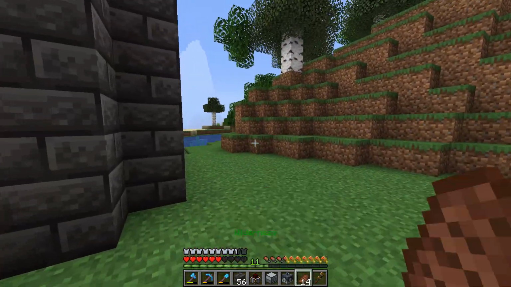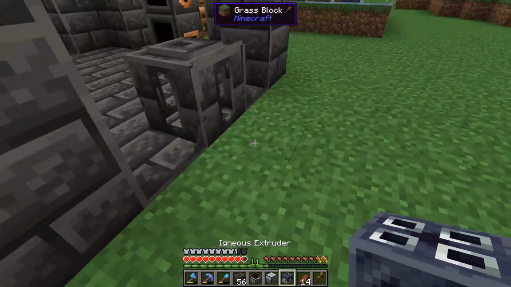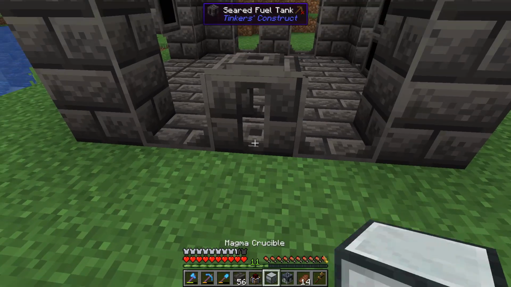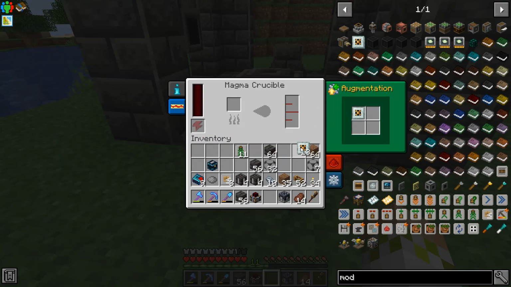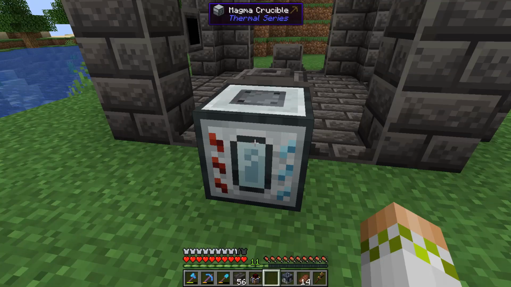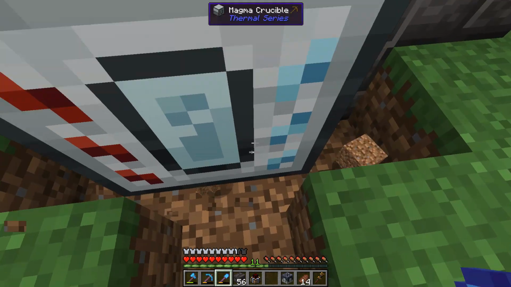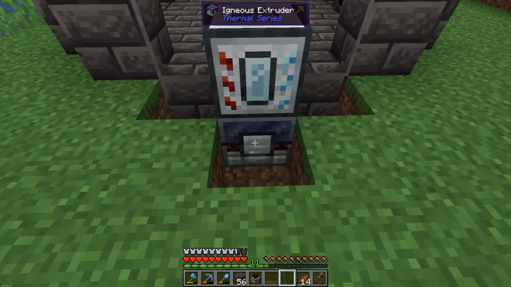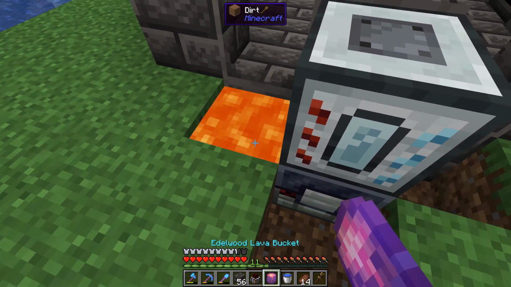Okay, so now we should be good to produce our lava over here. So we should be good to do a magma crucible, and these are the ones that can, in fact, have this augment put on them. There's some machines, I always say this, that can't have it, so we're going to have auto output on the back. Should be good there, and then we're just going to do the igneous extruder right down here. Igneous extruder, and then we just got to grab out. Still got 2 in the Edelwood, and